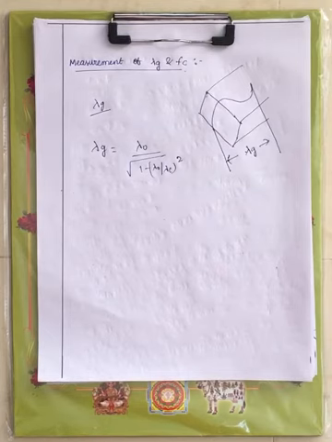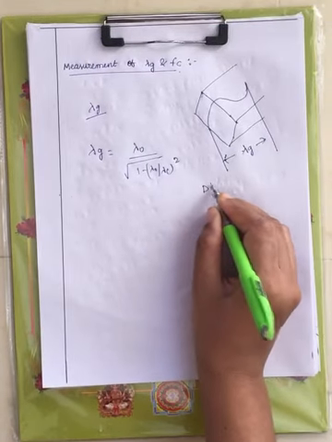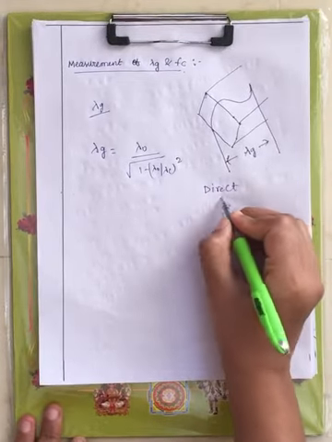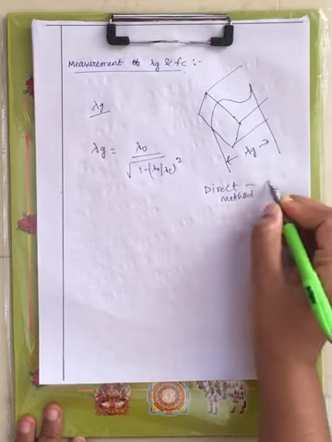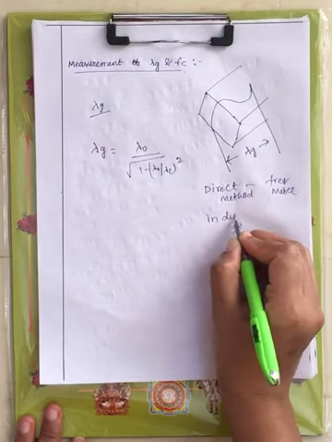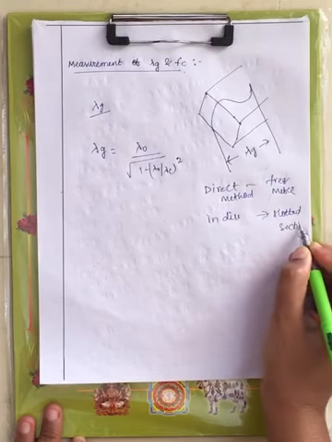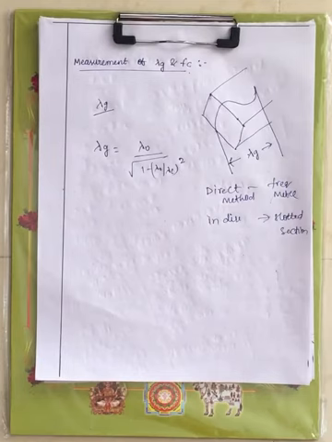This guided wavelength you have to calculate for the rectangular waveguide for the dominant mode, under your lab, right? You have two different methods of calculation. One is the direct method, that is using a frequency meter, and another one is the indirect method, that is by using slotted line section. By using these two methods, you can calculate lambda g and cutoff frequency for the dominant mode of the rectangular waveguide, right?